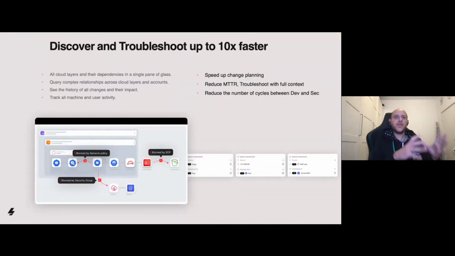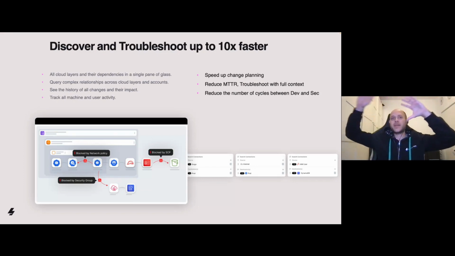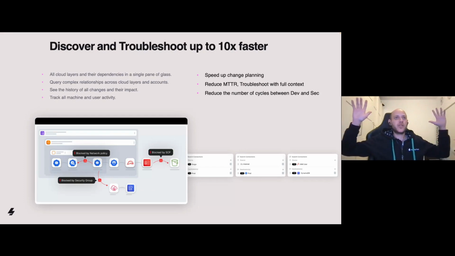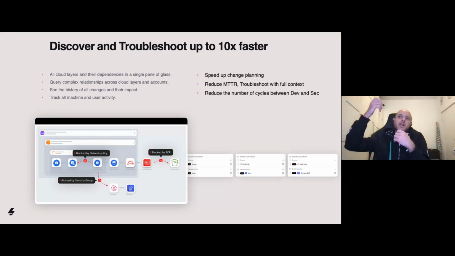So the first thing that we usually do when we receive a ticket, as we discussed, is to discover and troubleshoot what is the current state of the environment. Whether it was a ticket where we need to take a specific microservice and allow it to access something in our infrastructure, or we are handling a ticket with a downtime because of some misconfiguration that was involved in our